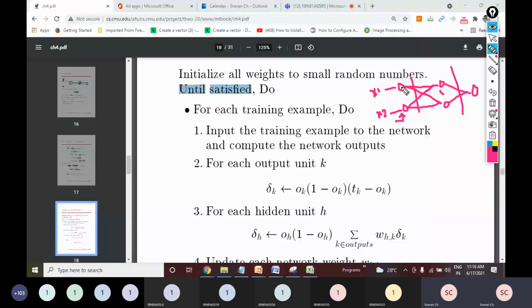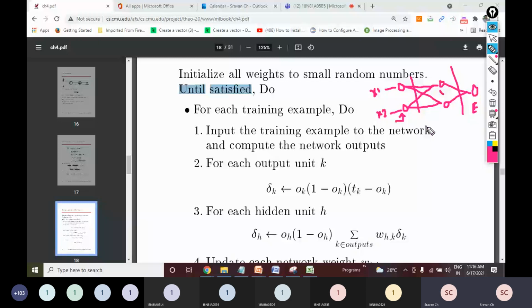So this will go to the next level. In the next level, the outputs generated will be passed to the final output layer. On the final output layer also, I will apply some activation function, a sigmoid function kind of thing, and I'll get my final output. Then for my final output, I'll see what the error is.